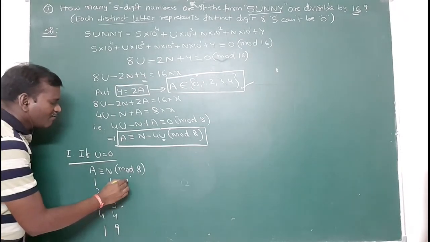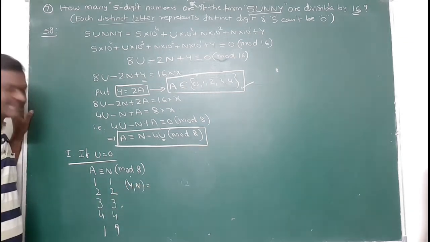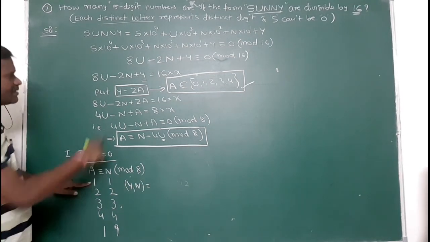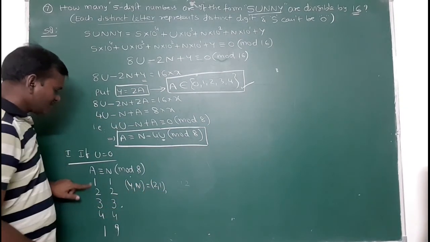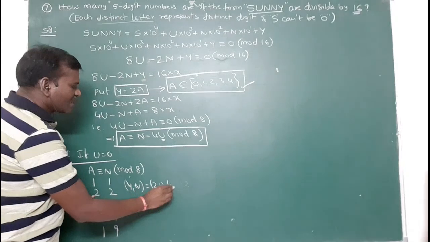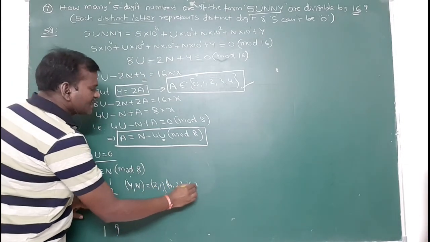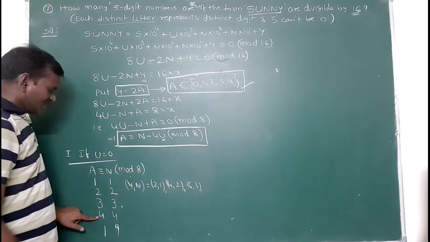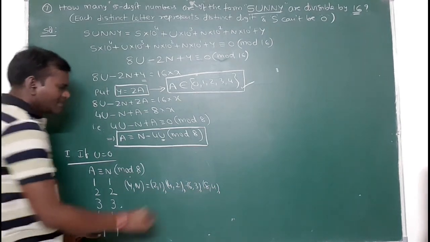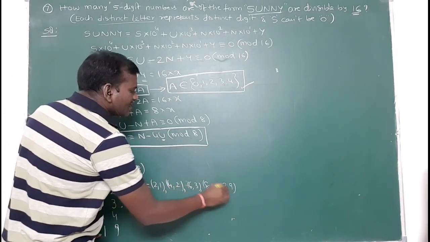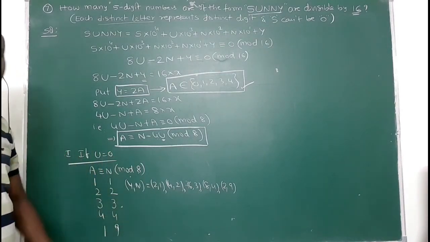Therefore, the y comma n ordered pairs I am writing here. If A is 1, y value is 2A. Therefore, 2 comma 1. This is 4. 4 comma 2. 2 3s are 6. 6 comma 3. And here 8 comma 4. And 2 comma 9. These are the pairs. Y comma n ordered pairs, these 5 are possible here.